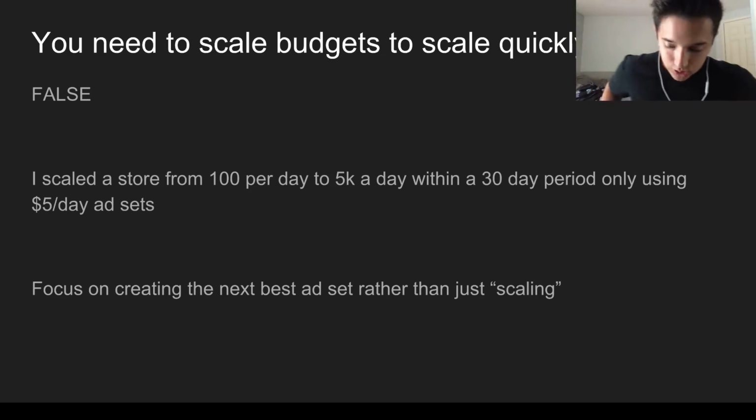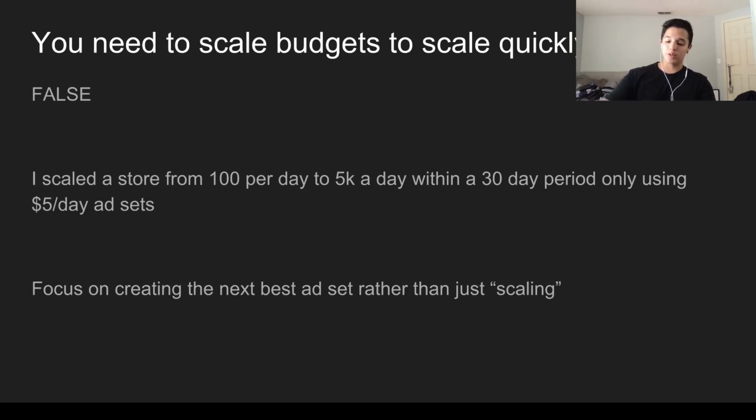But the truth is, honestly, that won't really work, or it won't do as well as you think it would. It won't perform exactly the same because you're basically shocking the pixel when it's going from $5 to $100 a day. I was told, if you want to increase your budgets, go up by 20% a day, and that'll keep it basically the same. Because once you go from $5 to $100 a day, the pixel has to sort of reorganize where it's at and figure out what it needs to optimize for, to spend that entire budget.